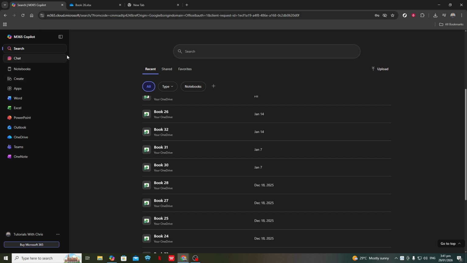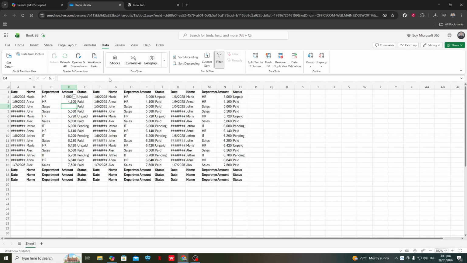Go ahead and open Excel on your computer. You can either open a new blank workbook or an existing file. Copilot can work in both. Once Excel is open, glance toward the top of the window and look at the ribbon, which is the row of tabs and icons running across the screen. What we want to find is the Copilot icon.